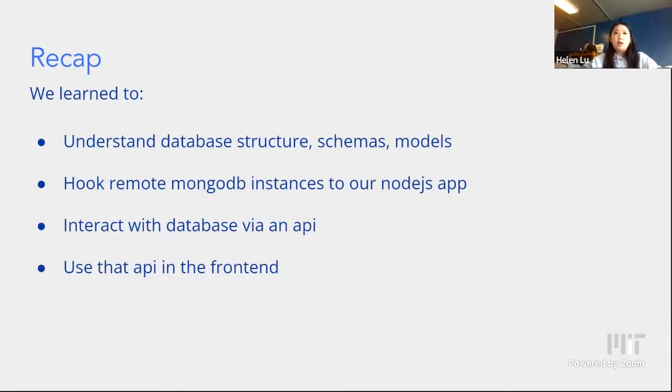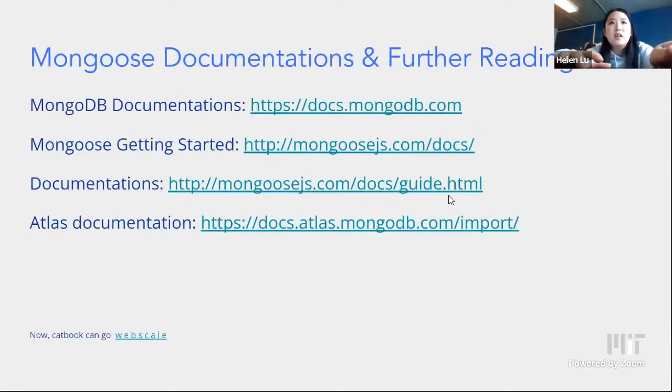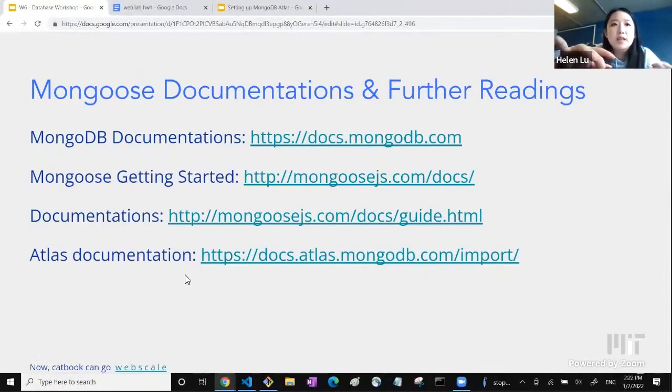And we learned how to connect MongoDB instances to our Node.js apps, and we learned to interact with our MongoDB database via our APIs. We learned how to use the Mongoose functions to get our data from the database or add data to our database, and we use that API in the front end. And that's it. Okay. For additional resources on Mongoose or MongoDB, check out these links,